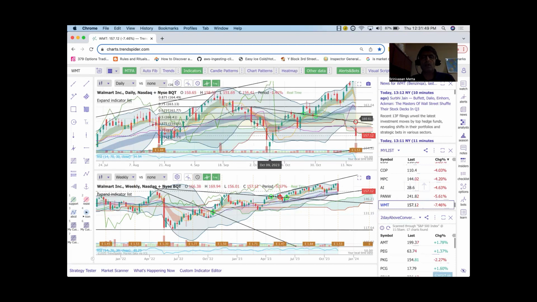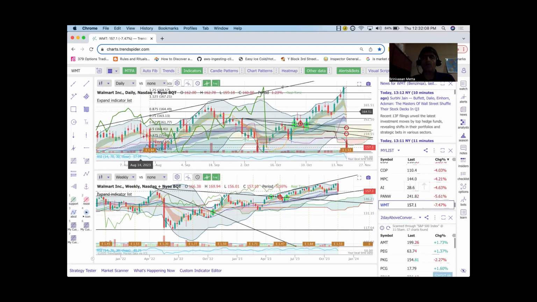You see here, this is a trend line, this is the high and this is the high. Even from here, I could have drawn here. You see here, my Trend Spider is showing those green, and then from here it starts going up. So if you had bought it here, you could have ridden the stock up to this price. Now, why did it fall is the question that you might have.